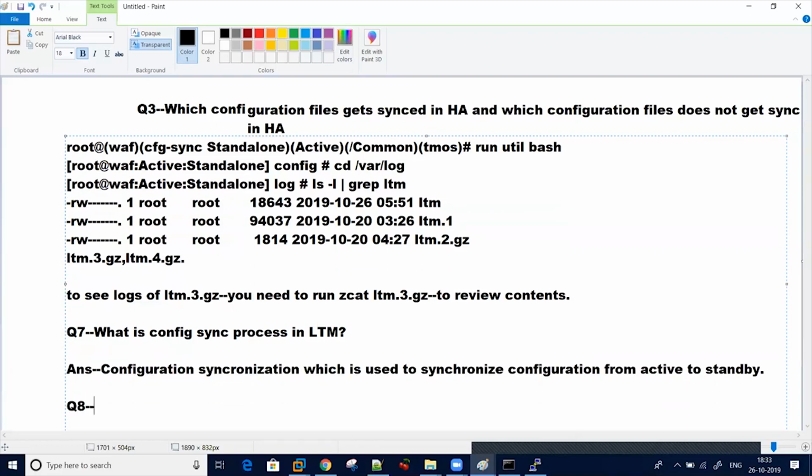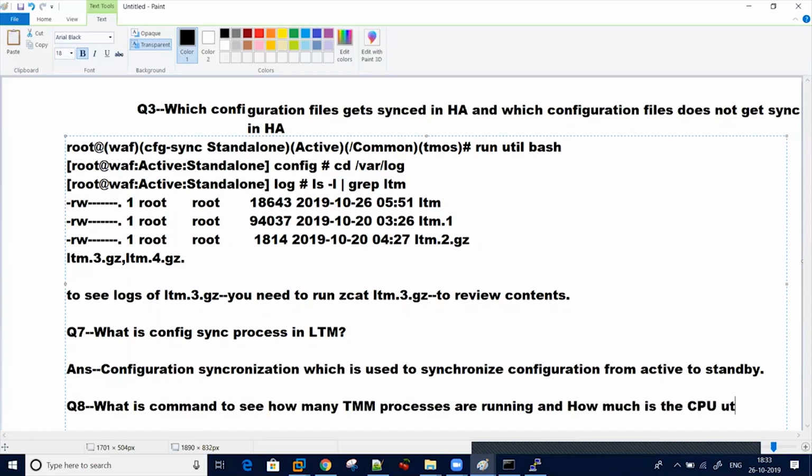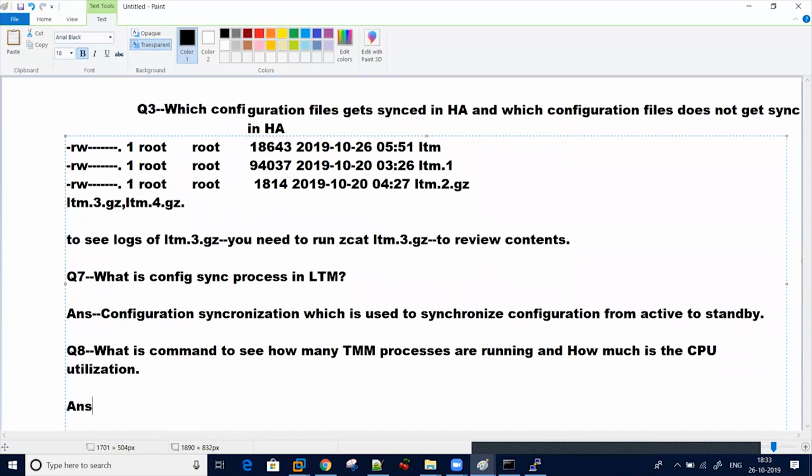Another question which is generally asked is: what is the command to see how many TMM processes are running and how much is the CPU utilization? So basically you can run the command show sys cpu in the CLI or show sys tmm info. It will give you the details of how many TMM processes are running and in each TMM what is the CPU utilization.